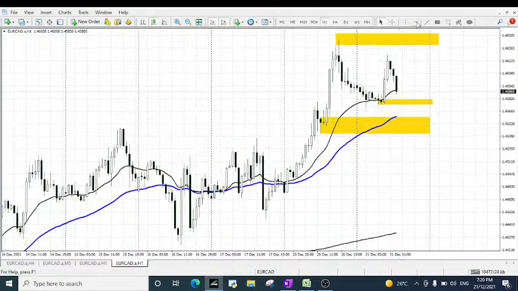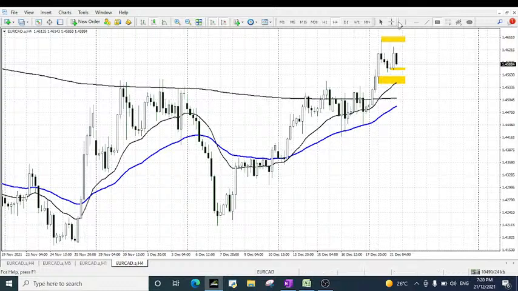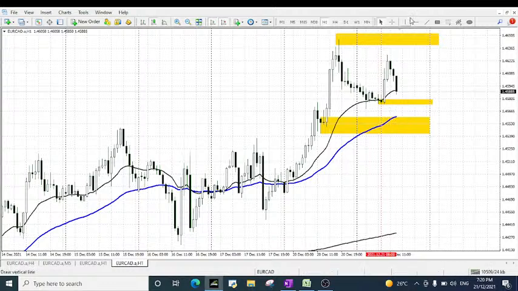Of course, ideally, what you want to see is a bullish 4 hour candle. Okay, so the low of that candle is here. You don't want to see this low get broken. Ideally, what we want to see